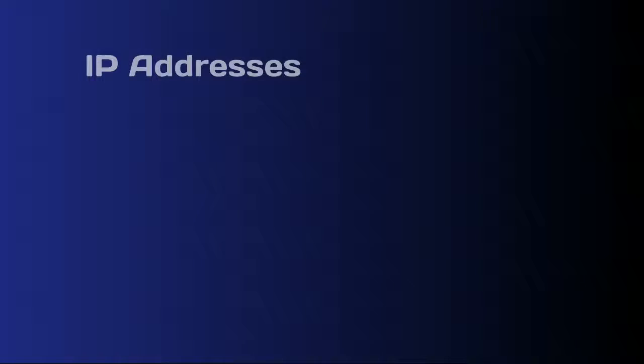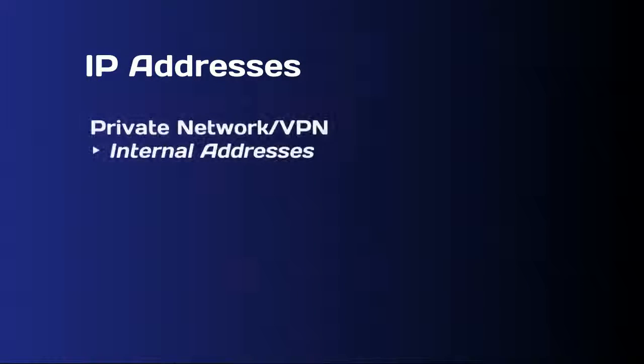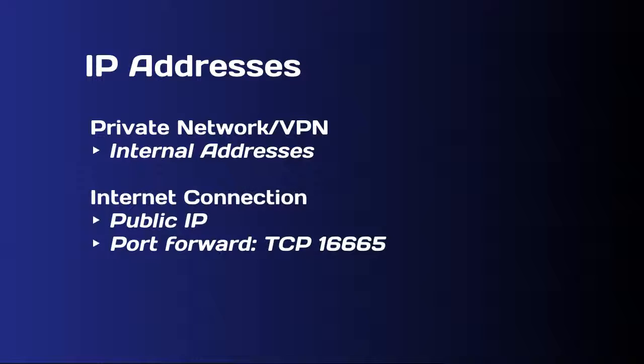First, you need to know what IP addresses to use to make the connection. If you're connecting over a VPN link, or otherwise using a single private network for both nodes, the internal addresses of the WAN ports on each node can be used. If you're connecting the nodes over the internet directly, public IP addresses should be used. For a public connection without IPsec, TCP port 16665 will need to be forwarded to the internal address of each